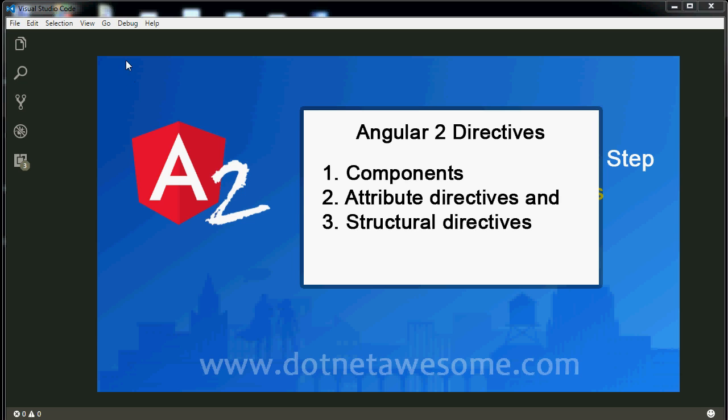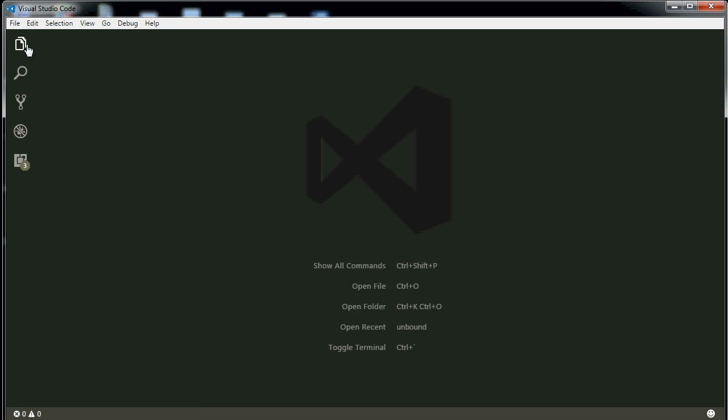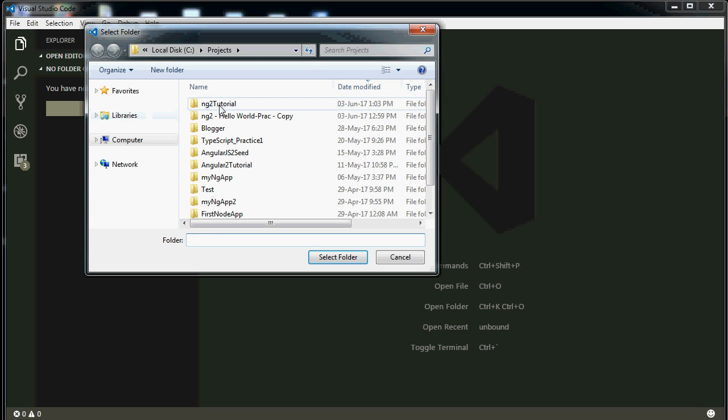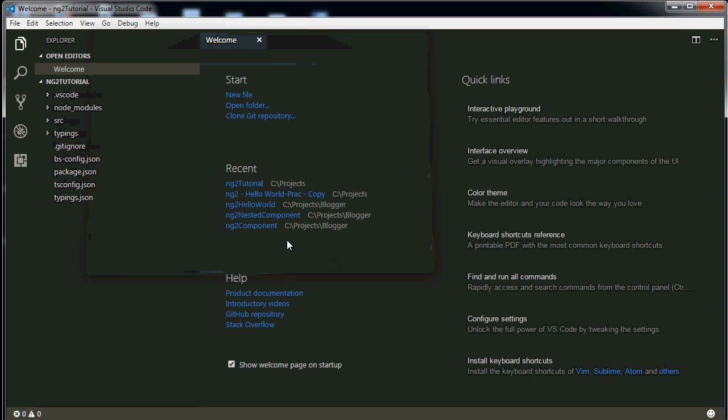I'm going to open the previous application that we created in the previous tutorial. I have already given the download link of the previously created application in this video description. You can download the application if you want. So this is the folder. Select your application folder from here and then click select folder. Okay,